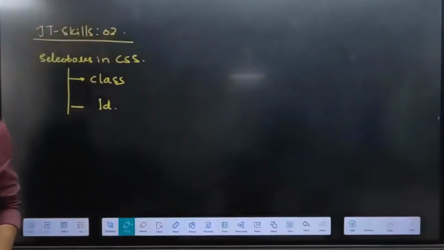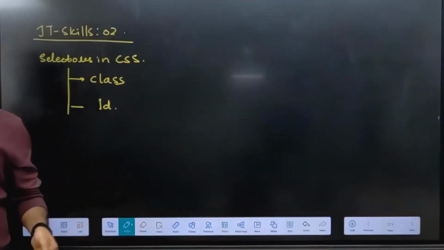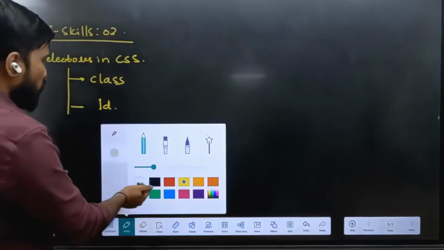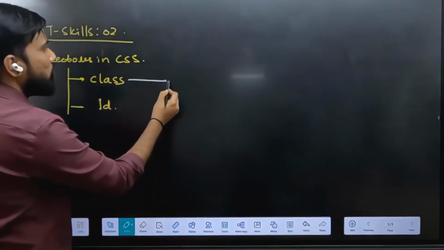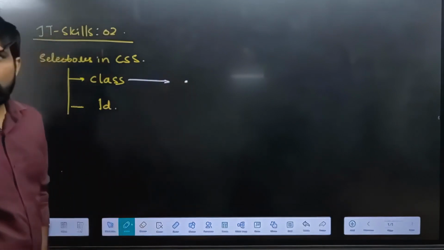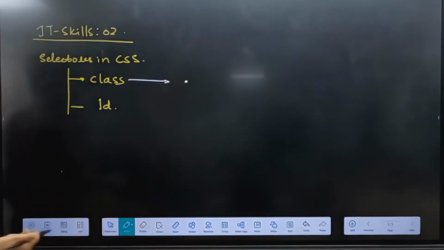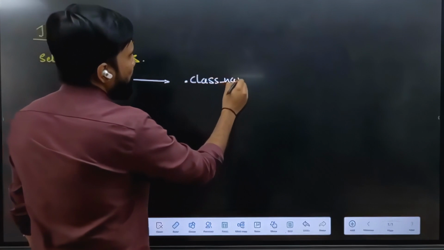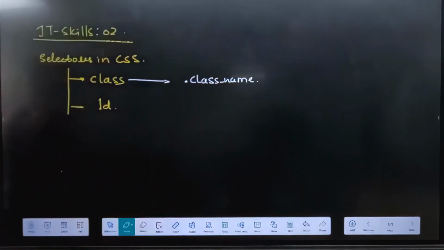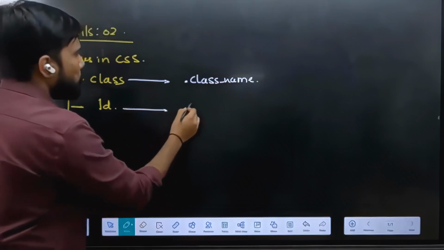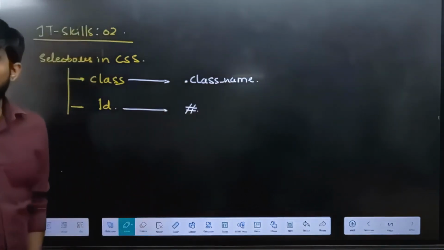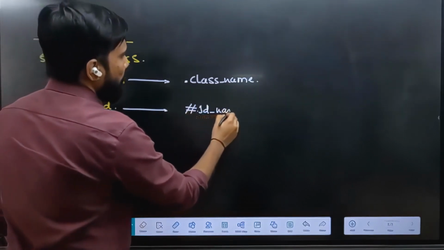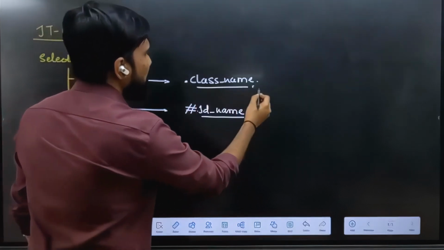Fine. Class and ID are the two important selectors that we have in CSS. I had told you the syntax: for a class, we write the prefix dot followed by the class name. The class name is the user's choice. And for an ID, you define it with the hash followed by the ID name. Again, these two are completely